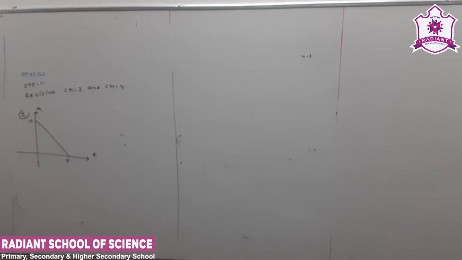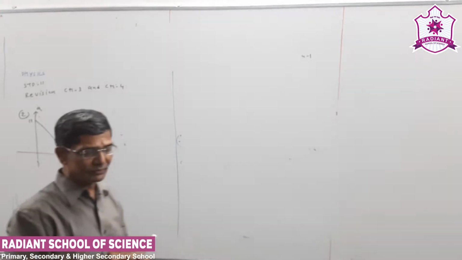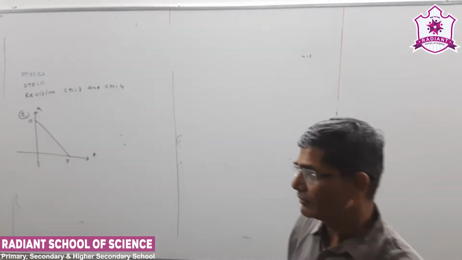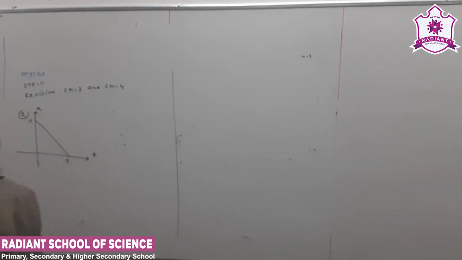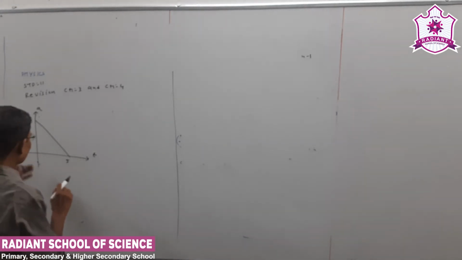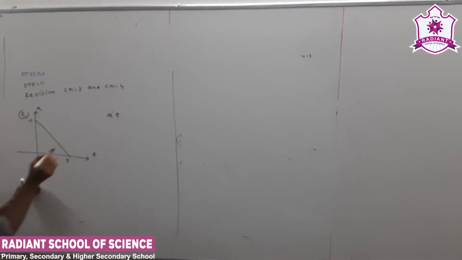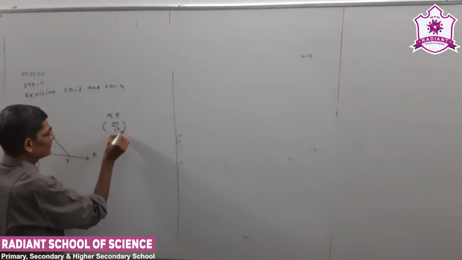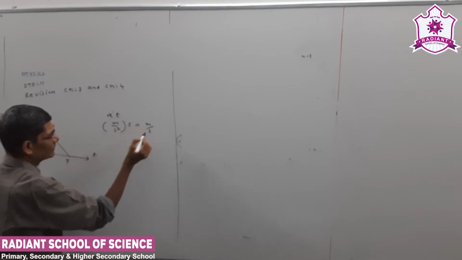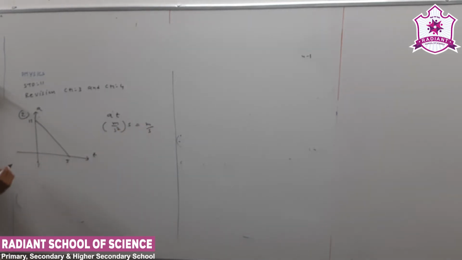Okay, now see, a versus t graph is given. We have to find out the velocity. Now see, what is the area of the right angle triangle? It is half into base into height. Here also we can use the same thing, but suppose I multiply a and t. What is the unit of a? Meter per second square. And t is seconds, so a times t is meter per second. This is the velocity. So we have to remember, the area of a versus t graph gives velocity.